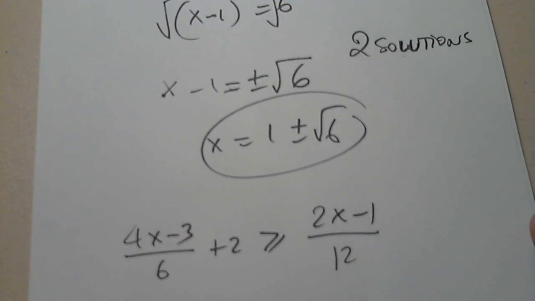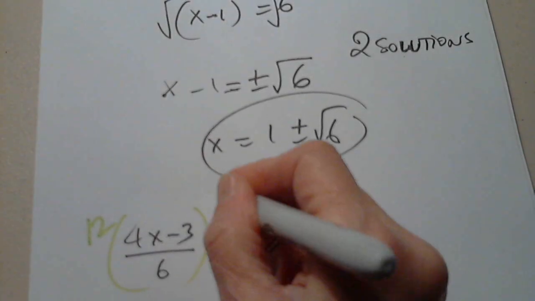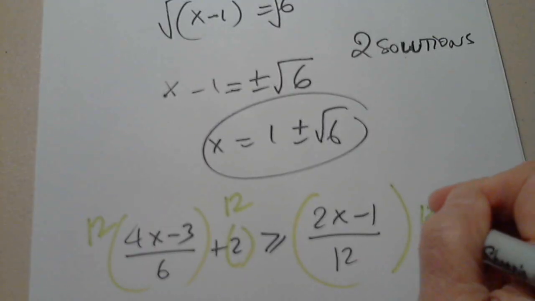Very easy to address those fractions. What should I do to eliminate fractions? What is the least common denominator of the whole thing? Is it 12? Indeed. So we are going to multiply this by 12, this by 12, this by 12, or